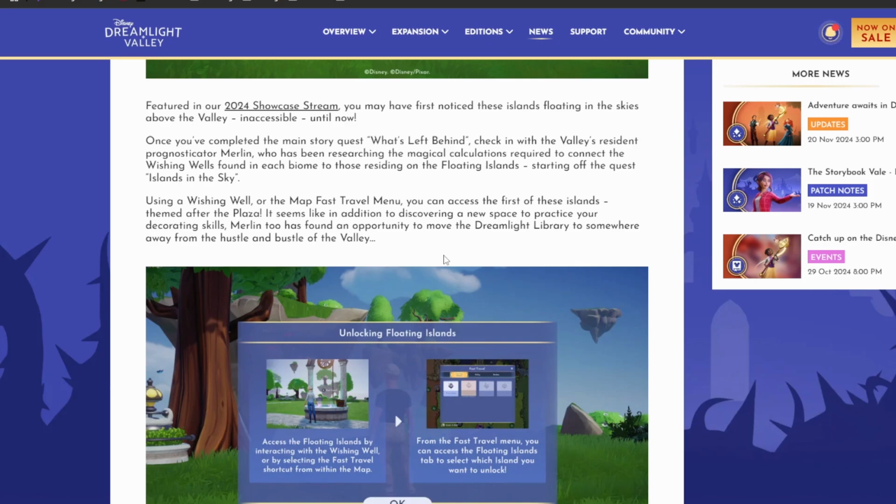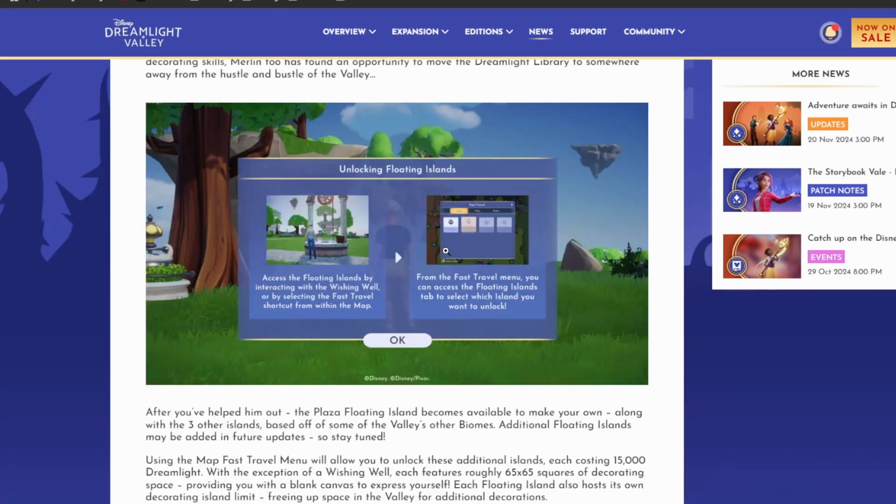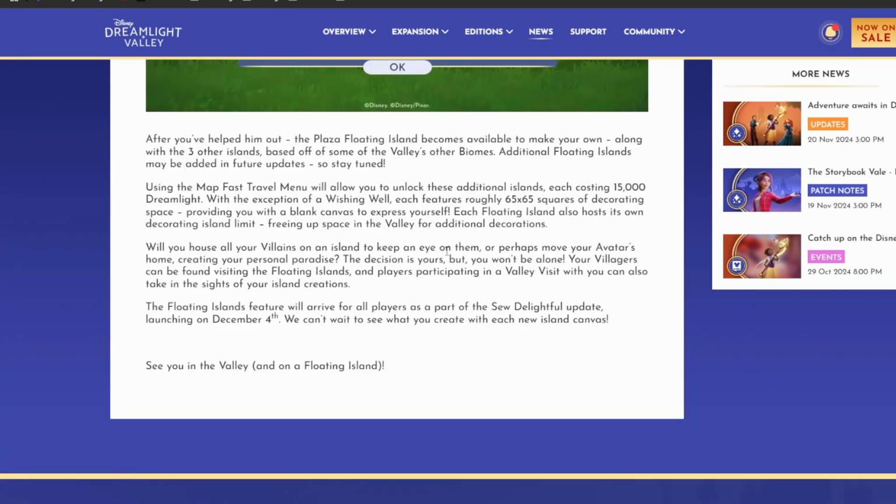It seems like in addition to discovering a new space to practice your decorating skills, Merlin too has found an opportunity to move the Dreamlight Library to somewhere away from the hustle and bustle of the valley. We then get another graphic which again kind of looks like the tutorial to the floating islands. Then it says, after you've helped him out, the Plaza Floating Island becomes available to make your own, along with